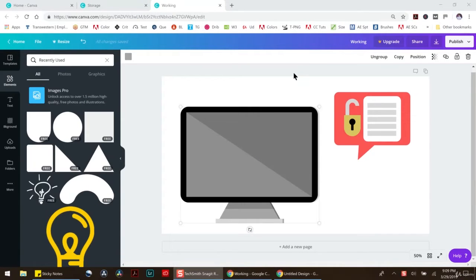Okay, so here we're going to be learning how to make just a simple computer and an error message, or you could call it an alert or a notification, whatever you want to do. And yet again, we're working with very simple shapes to make unique and complex things, combining them with color to give us a really clean, kind of realistic look. Now, granted, it's just flat design, so it's meant to be low res, but we're looking for something realistic. Yeah. So here we have our error message, and it's just an open lock with a passage, and